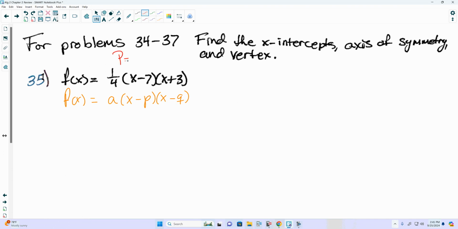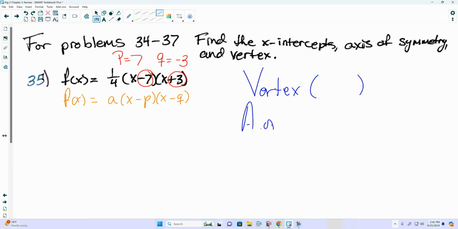Now the main thing we need to find is the value of p and q. P and q are both inside the parentheses. Since one of them is -7, it comes out as +7. Since the other is +3, it comes out as -3. The one we define as p and the one we define as q does not matter. We just need one of them to be p and the other to be q. Because once we have that, we can find the vertex, the axis of symmetry, and our